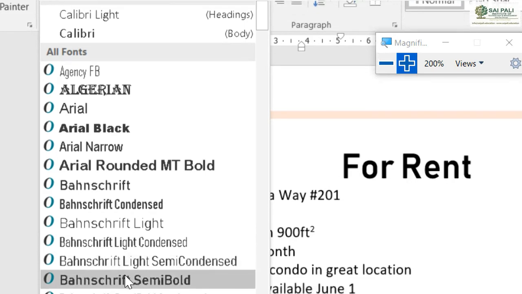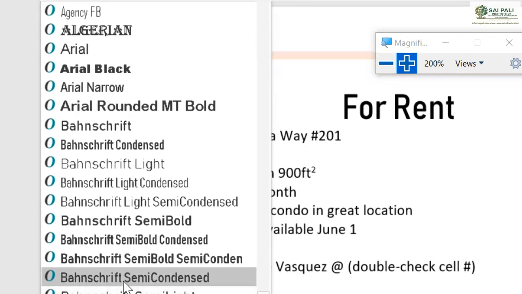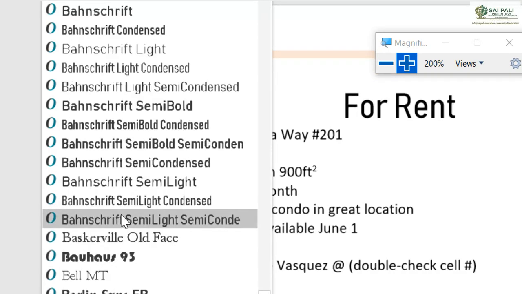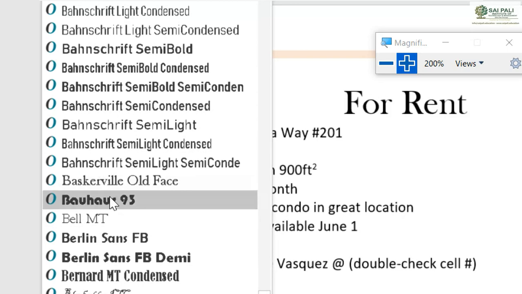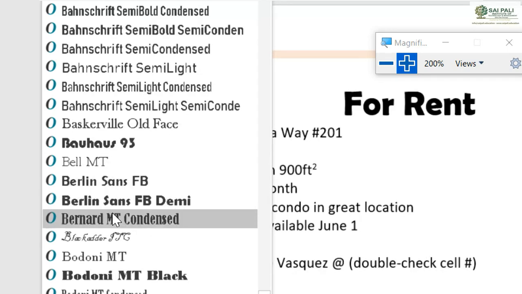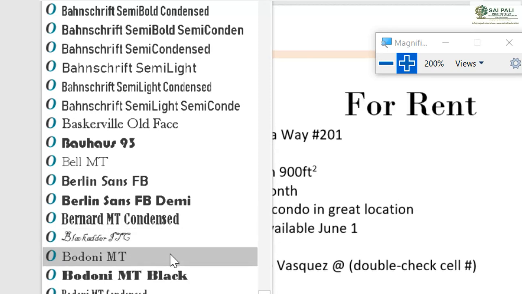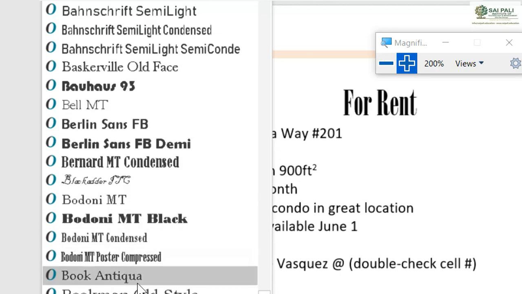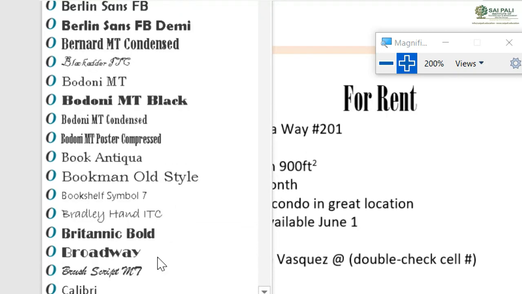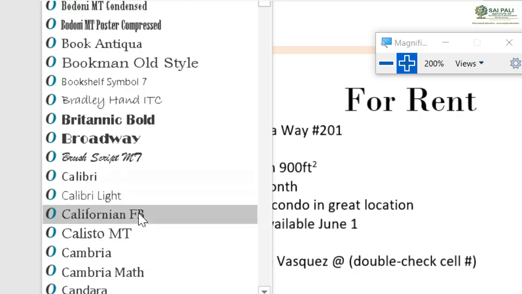You can go on and see lots of different styles. You can select what you feel is good for your document. By default it has lots of options.